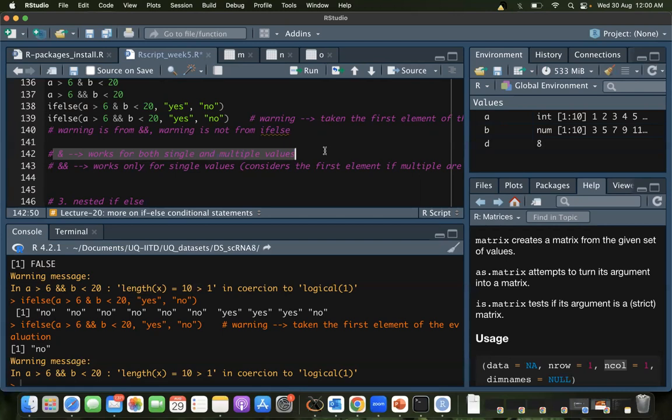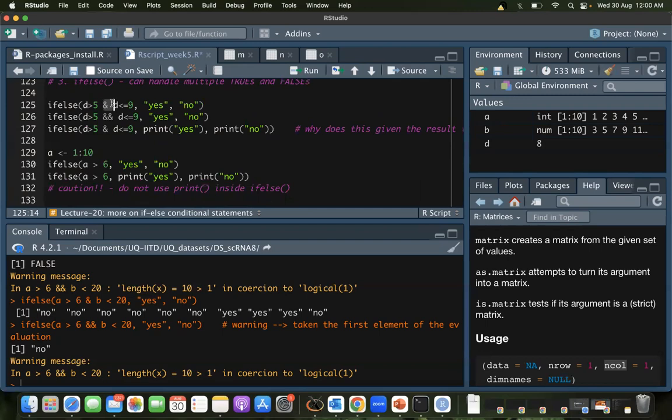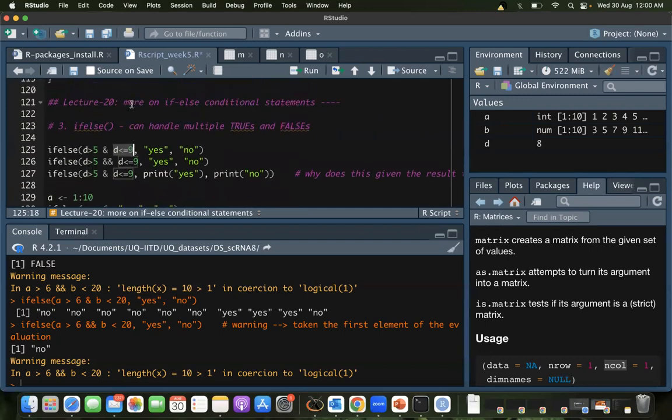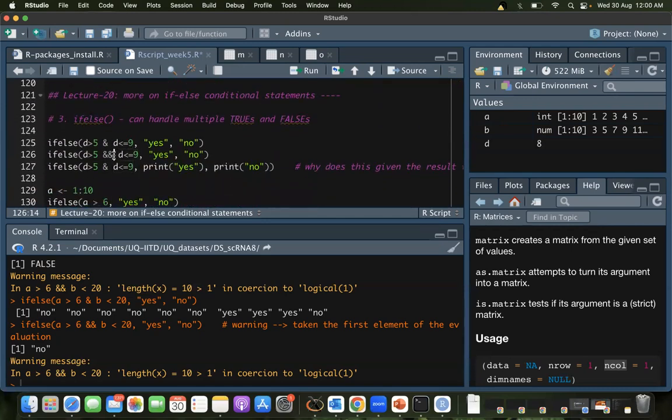You don't have to remember, but you should always know what a double AND does, and this is what the course has taught you, so keep it at the back of your mind. But like we discussed here, d greater than 5 and d less than 9, d is a single number, right? So I used an AND here. Here I used a double AND. It's the same thing.